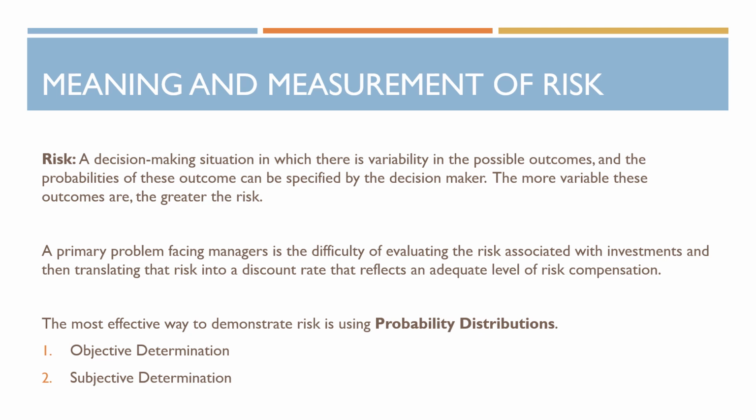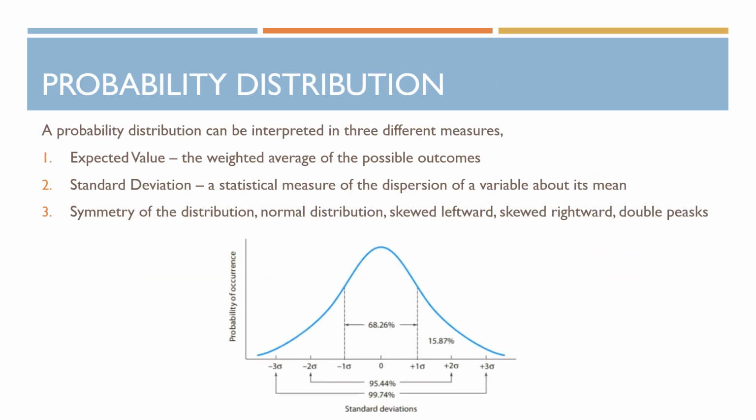Generally speaking, managerial decisions can be made based on two particular determinations, objective or subjective. So the objective approach, just like how I described it earlier, you can look at the expected returns of a project, or maybe the expected cost of operations, and look at the historical data and form a distribution to see,